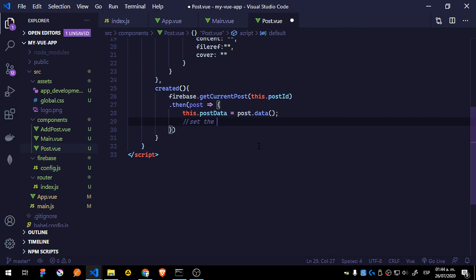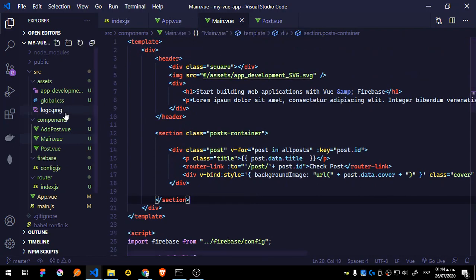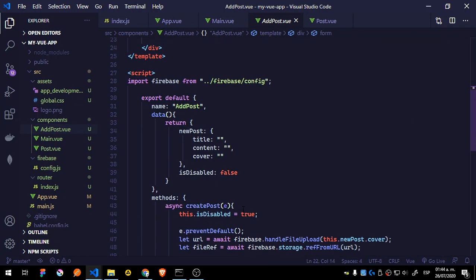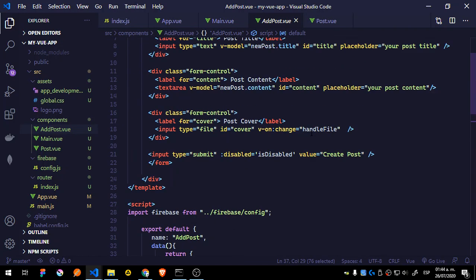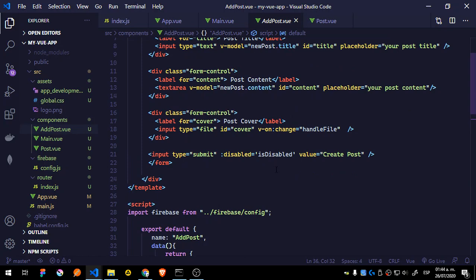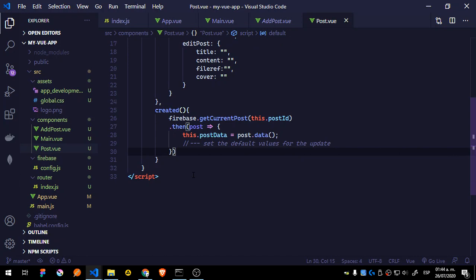Let's just set the default values for the update. We're going to work with that a little bit later. Because as we are doing here in the create post, we are going to use a form which should have these models, these bindings, so we can use the updated version of the inputs, I mean the contents, in order to update the post that we are currently checking. And let's say catch error